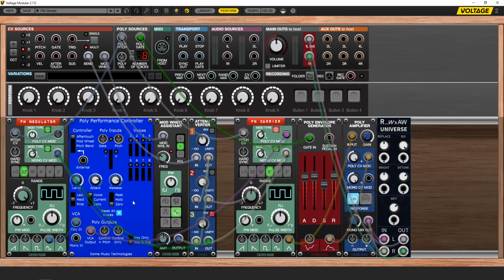So depending on how you play it, you'll get a greater or lesser degree of FM depth. So if we just play the notes lightly, you're just getting a sort of simple triangle wave coming out of here. We've got a bit of pitch bend on it, and a bit of LFO modulation. And if I press heavily on voice channel 2,